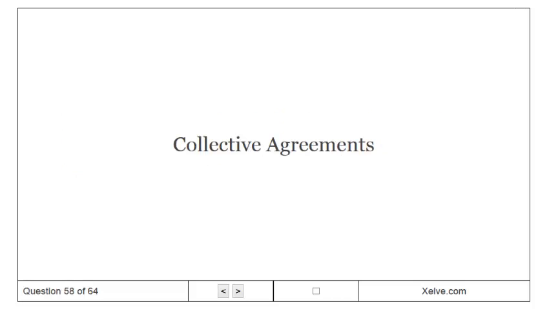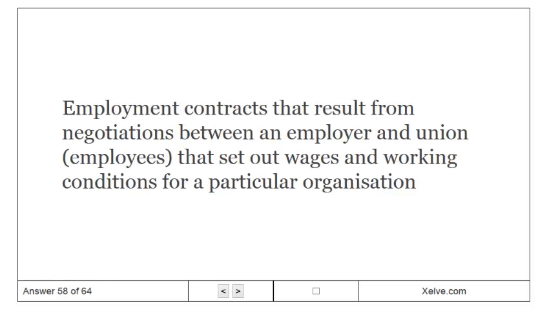Collective agreements: employment contracts that result from negotiations between an employer and union that set out wages and working conditions for a particular organization.